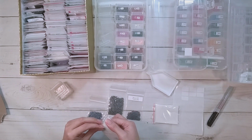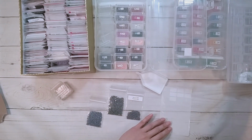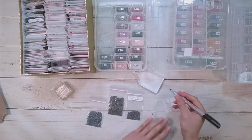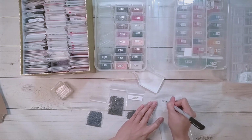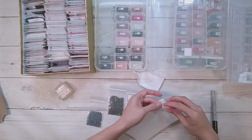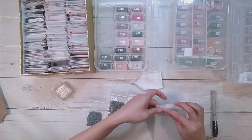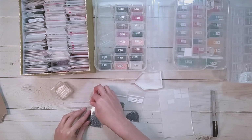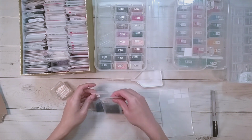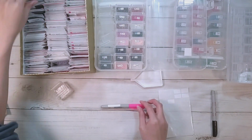Is this removable? Nope. The label's not removable. So 317. I guess I could always print another sheet of labels, but this works for me right now. I wouldn't know, some of them I need 2 for there, so